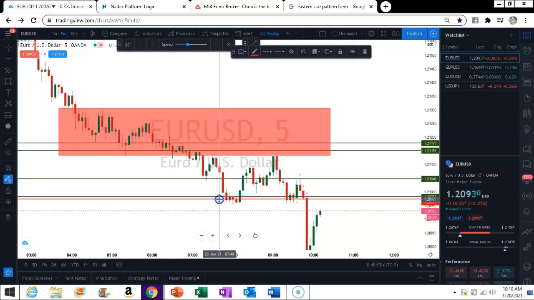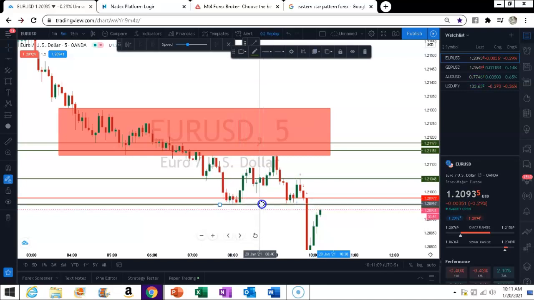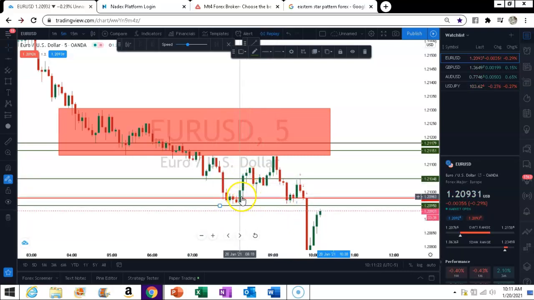I'll put me a buy limit order, and my stop loss is going to be just past this red candle right here. I'll just put it somewhere like right there. So when price comes back to this red line, my order is activated and I'm in the trade for this,